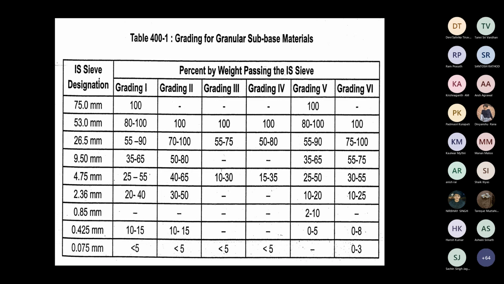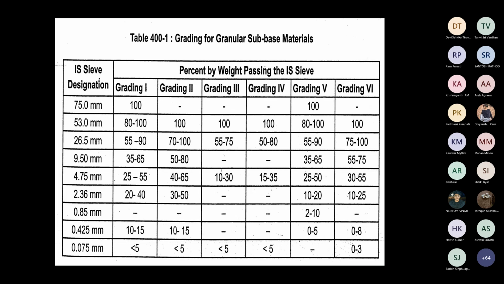As I mentioned, there are two properties for the granular subbase. One is that it will transmit the load. The other, the main prominent one, is that it should not allow the finer particles of the subgrade to mix with the base course. So this will act as an intermediate layer. The other is to have drainage. These two properties can be met by any of these gradings.